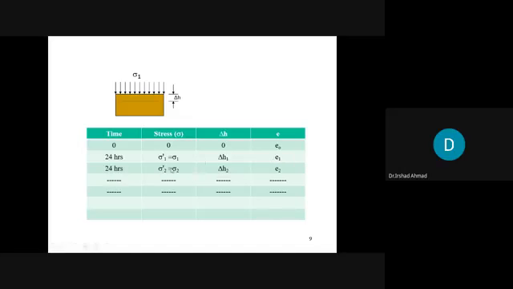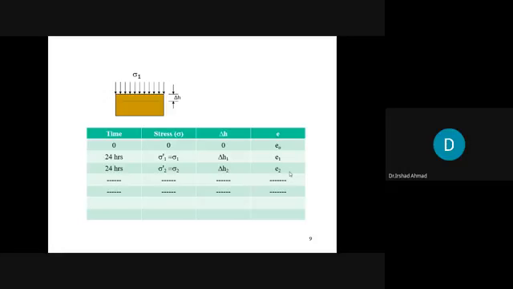Then you increase the load to sigma 2 and keep this sigma 2 for 24 hours. After 24 hours, the drainage would complete. There will be no excess pore water pressure in the soil specimen. Sigma 2 prime would be equal to sigma 2. And the compression would further increase to delta H2. The void ratio would be E2. It would further decrease. Similarly, you increase the stresses and you record the data for a week, for example, and